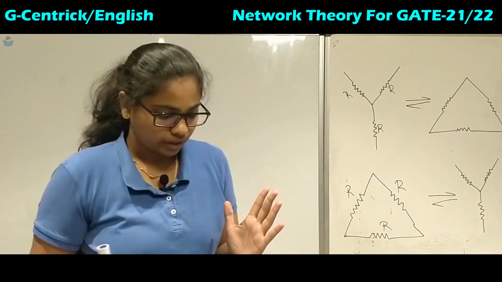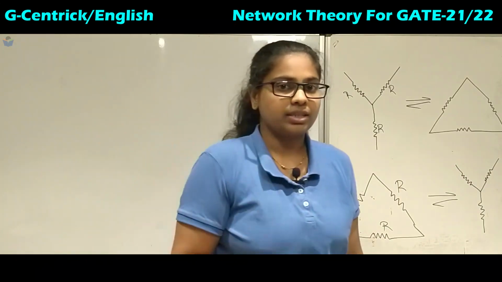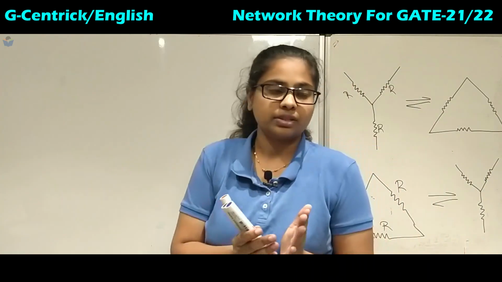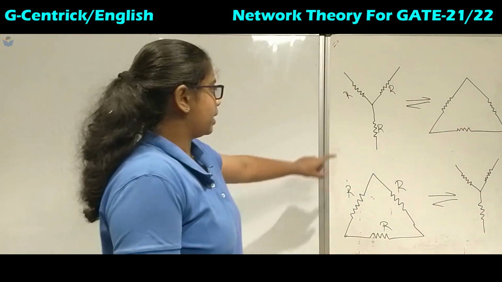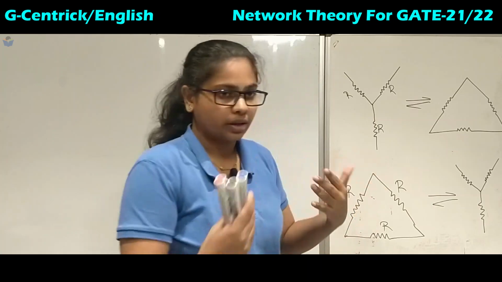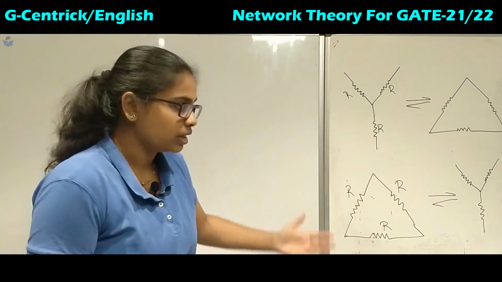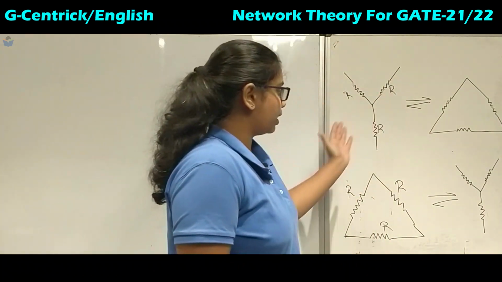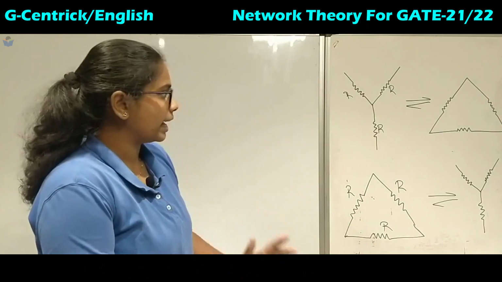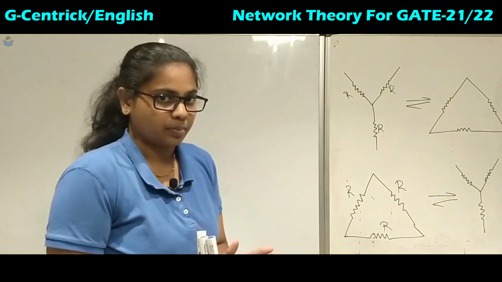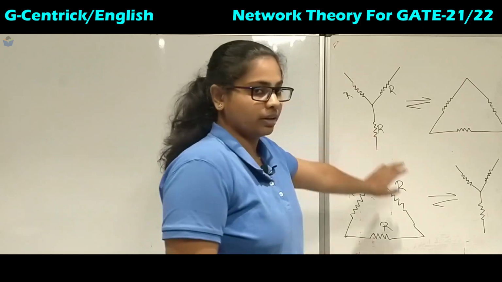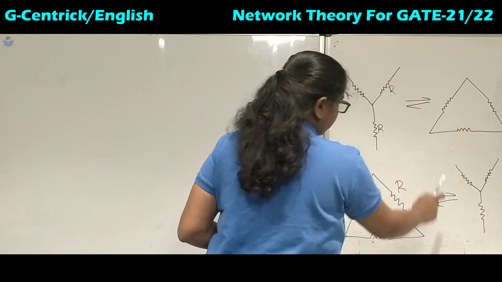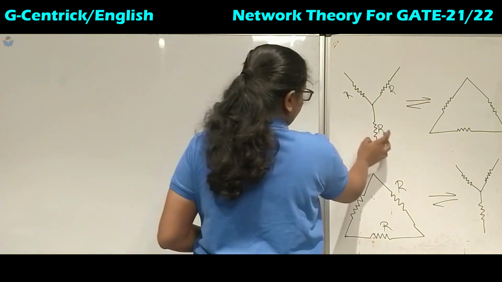So in the previous lecture we have seen the conversion formulas of star to delta and delta to star. In this lecture we will see some conclusions for when same value resistors, same value capacitors, or same value inductors and impedances are given, and how we can directly convert star to delta and delta to star. There is a direct formula to convert it, applicable only when the element values are given as the same. Okay. So now to convert this star to delta, the resistor values are same.